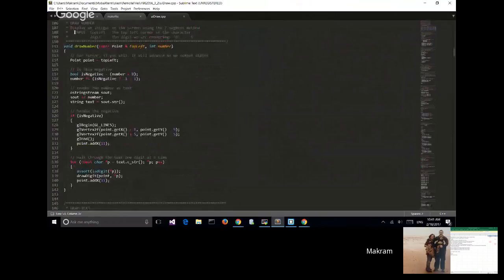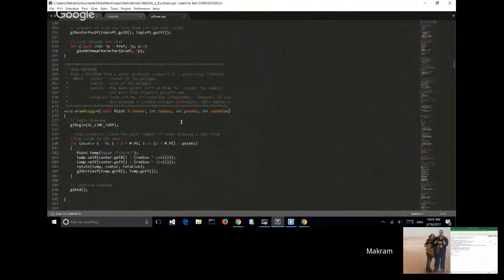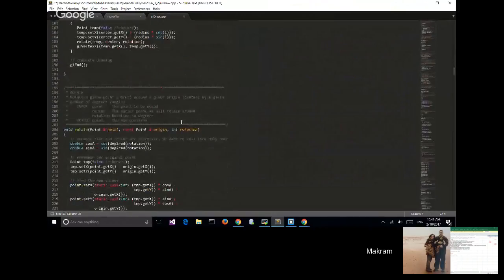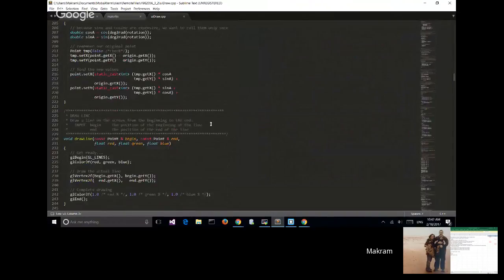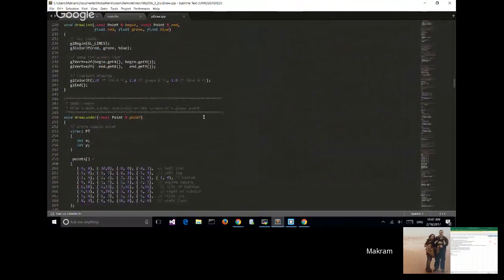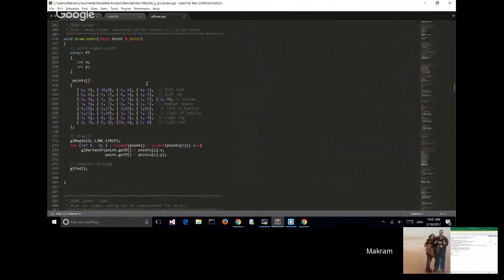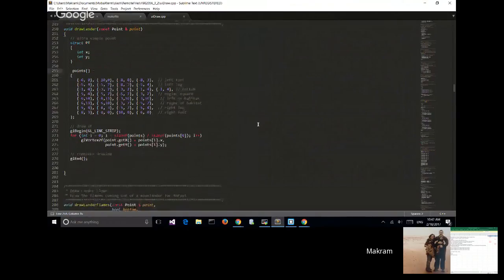Here you draw the number, and here you draw the text on the screen. Here, for example, is where rotate is. This is for a different game, but this is the lander. This is how we draw the lander. If you work on pointers and arrays, you will get it done.